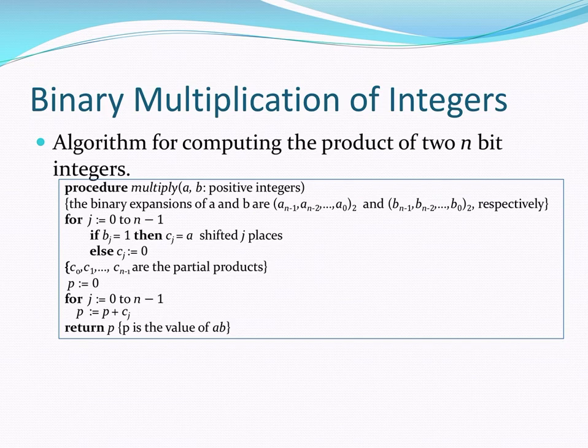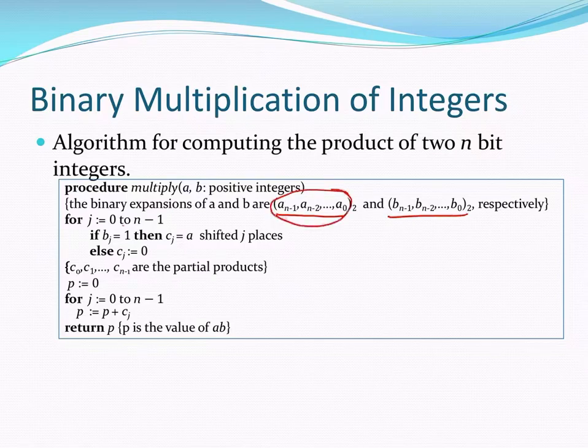Okay, all right, let's take it to the next level and talk about binary multiplication of integers. Here we're still dealing with two n-digit binary integers. And then the way this will work is, for every multiplication that will take place, it will just be a shift. So we're going to take